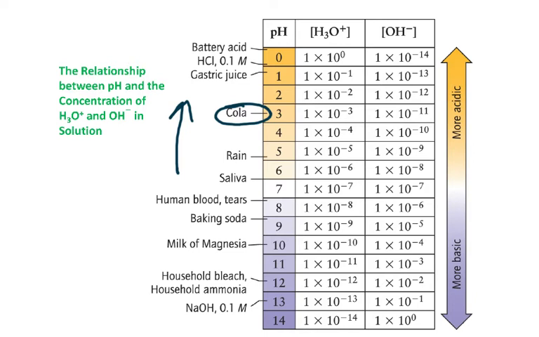Orange juice is around there as well. HCl, gastric juices, battery acids are way up here at very low pH. Baking soda, milk of magnesia get higher. Some cleaning products, household bleach and ammonia are up at around a pH of 12, and sodium hydroxide is